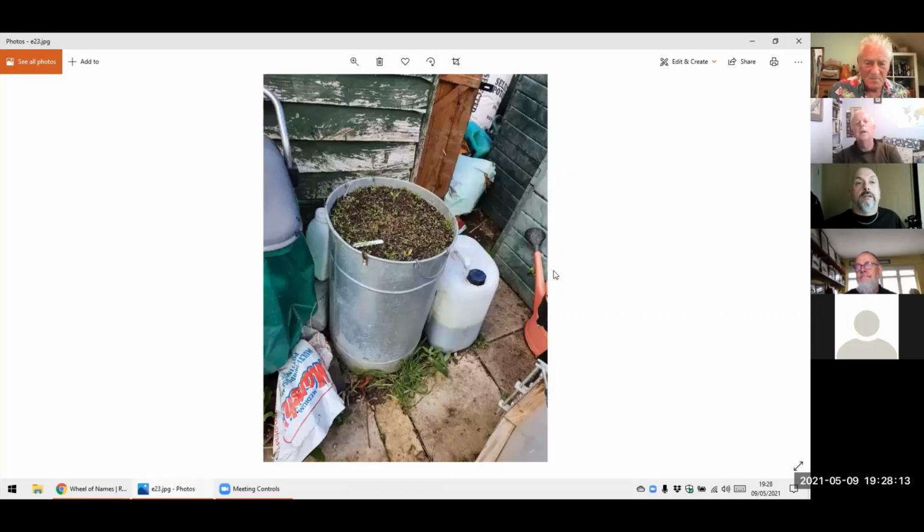And these are chicken feeders that whoever had the plot before me left behind. There's two of these, and I'm growing carrots in these this year. Again, watching the talks with Nigel, I've used a dibber and put them in, but unfortunately there's